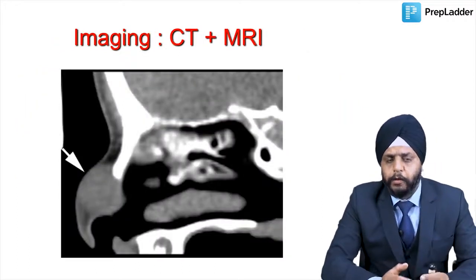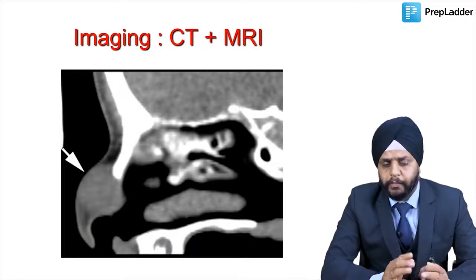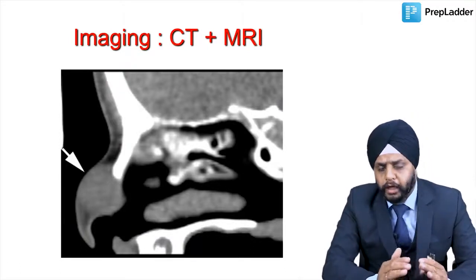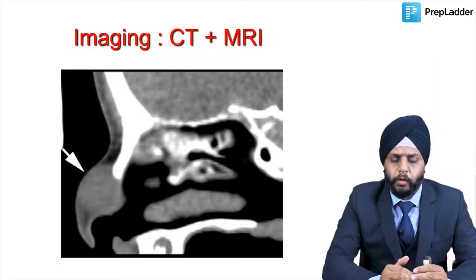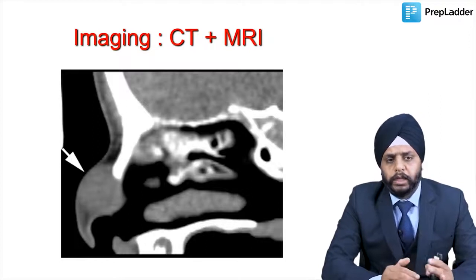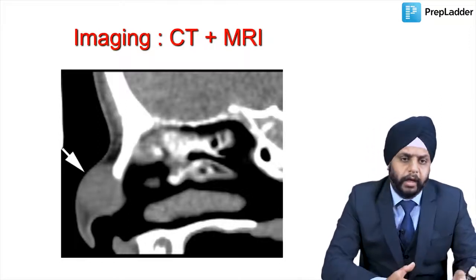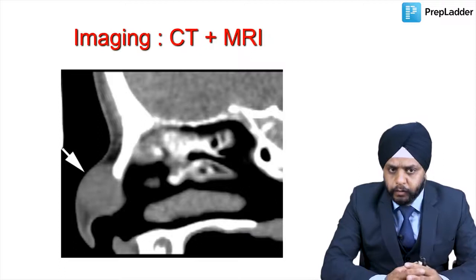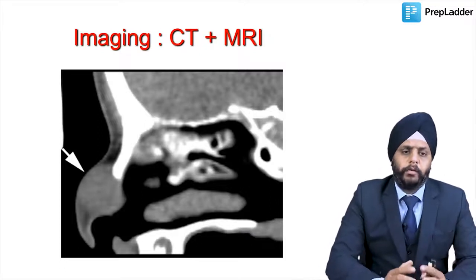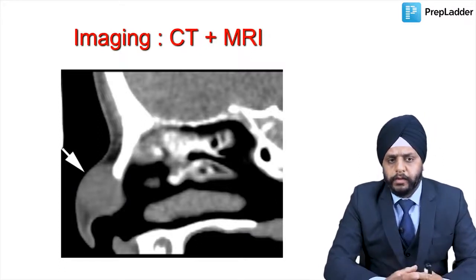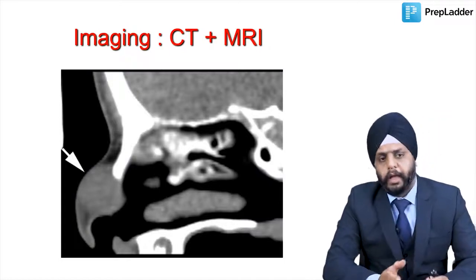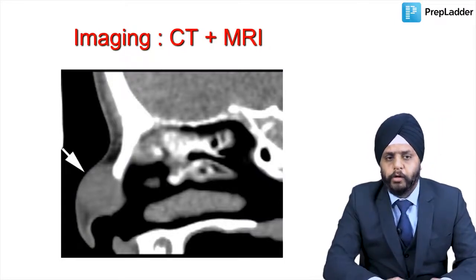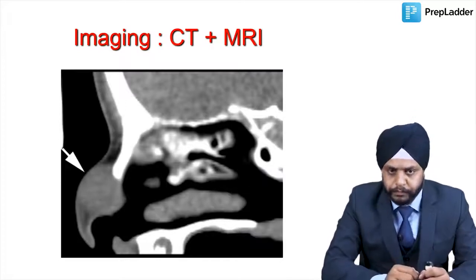The treatment is, you can excise them. Of course, before that you have to do a CT scan and MRI. Both investigations are needed to check if there is some bony defect also present. If there is a bony defect, you have to repair that also. Usually bony defects are not seen over here like we see in meningocele or meningoencephalocele. So the treatment includes the excision plus repair if required. Again we will use both CT and MRI for the imaging of nasal gliomas also, right?